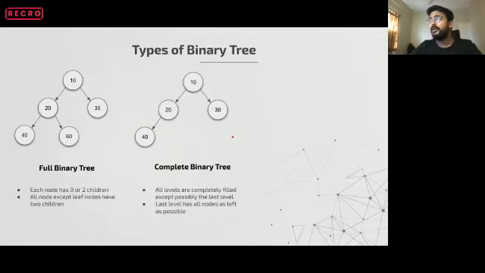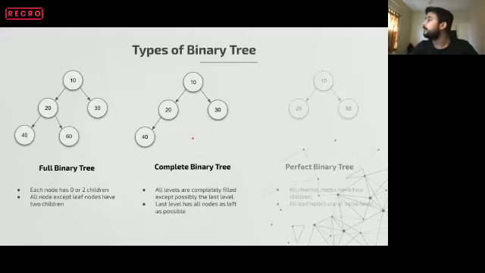And let's say we move this 40 to the right child of 30. Is that a complete binary tree? No. According to the definition, in a complete binary tree, all the children in the last level have to be left aligned. So if we are adding any new node to it, it has to come as the right child of 20. Every child has to be as far left as possible. Is that clear?